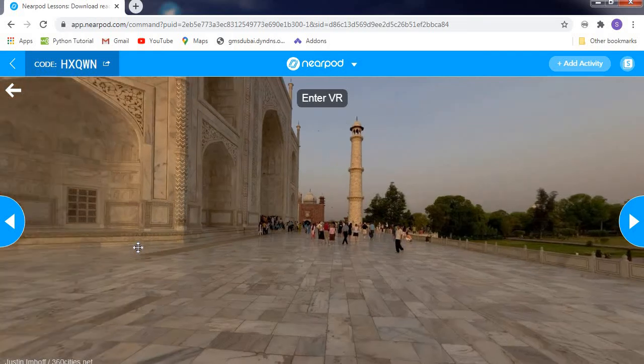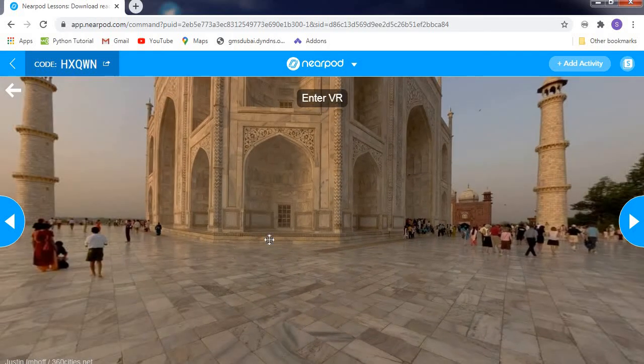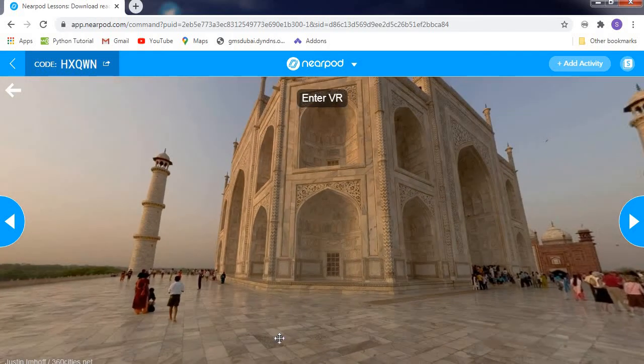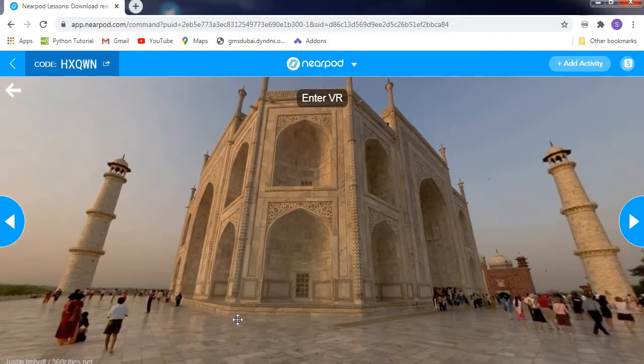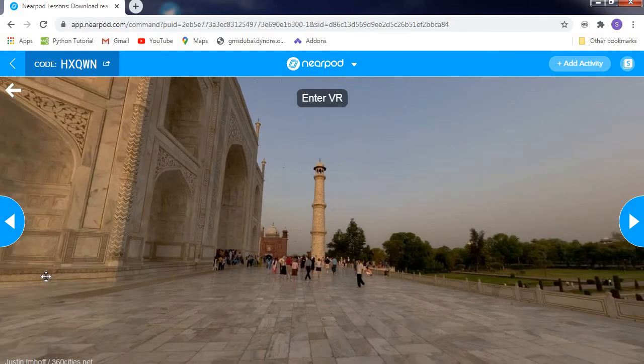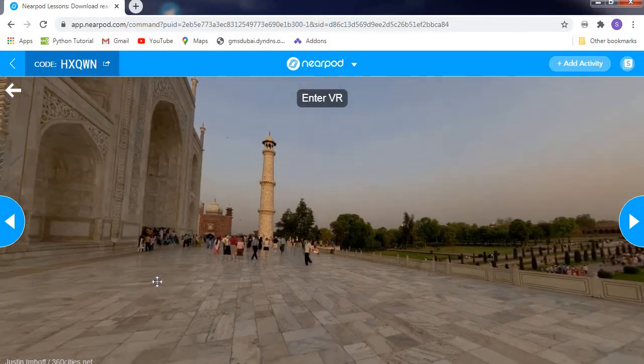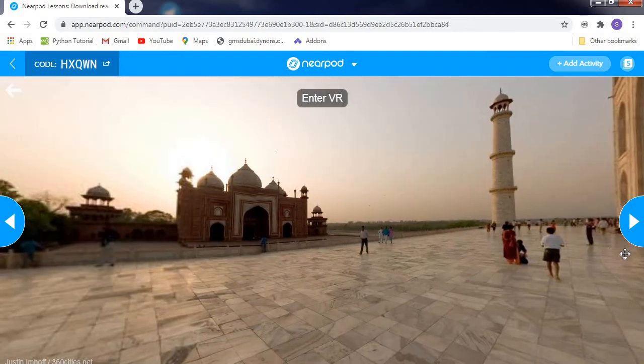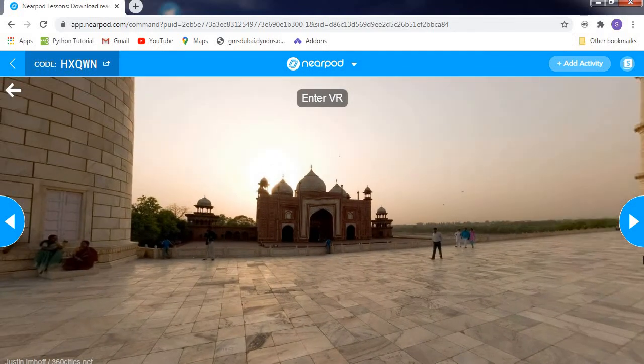Teachers can prepare their own slides, and along with that prepare some slides in Nearpod, which will be interesting for the students. You don't have to worry about the students sleeping. Everyone who sees this will find it attractive. Like that, you can take them on a field trip, and when they are learning something new and going to the corresponding places, they will feel that they are visiting there. Okay, so this was the second.